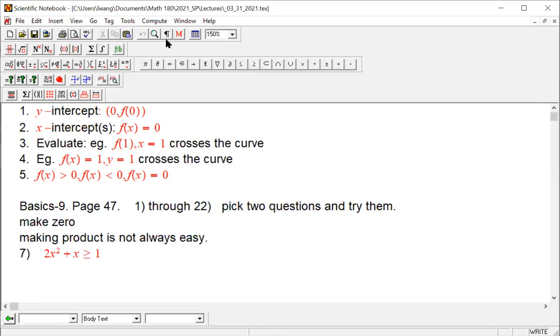Of course we understand this is an if statement. We spent so much time on quadratic 4. So if 2x squared plus x is greater than or equal to 1, if this is true,